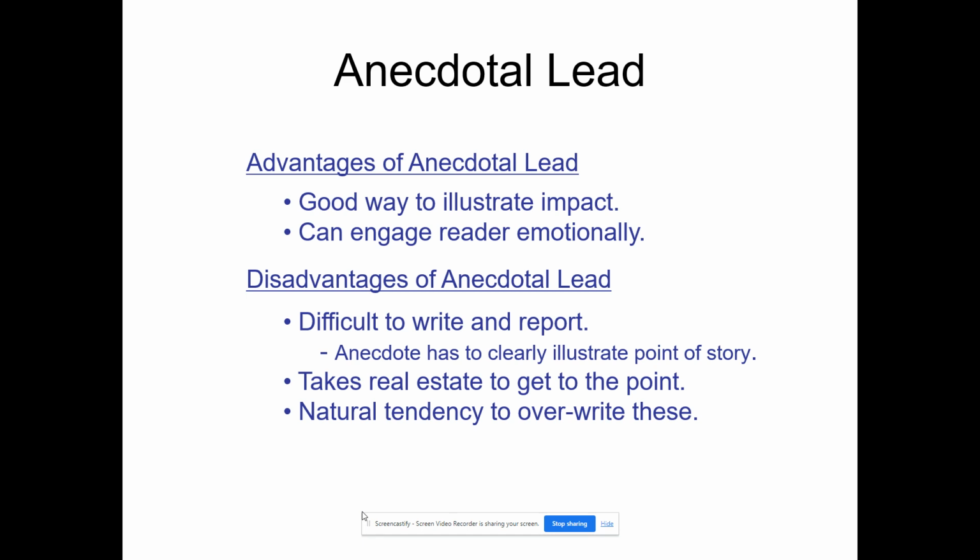Disadvantages to an anecdotal lead. It is difficult to write. It is going to take you a second to do this. You cannot all have the same one, so sharing with your friends is not going to work this time. I need you to give me a short little snippet about what happens when people are indifferent. Are we going to talk about the homeless situation? Are we going to talk about, God help us, abuse, neglect? What happens when people turn their faces away from others and are only going to be interested in themselves?